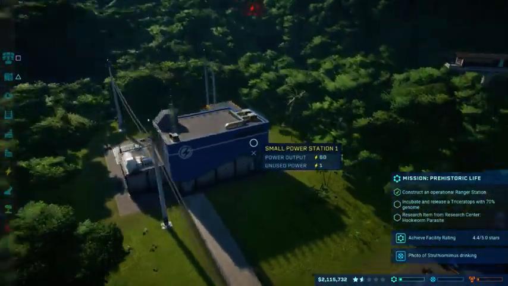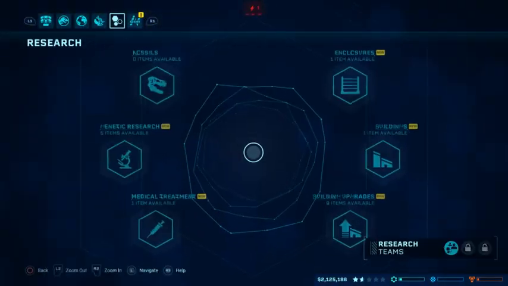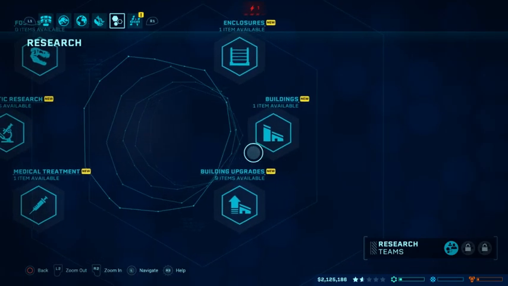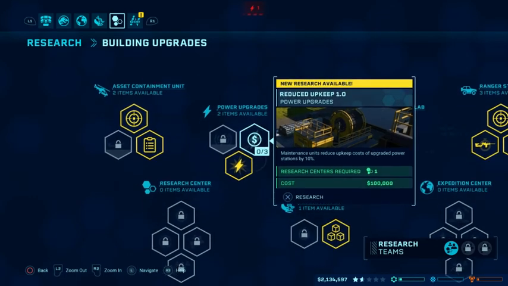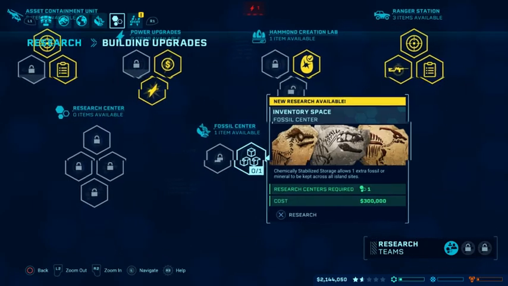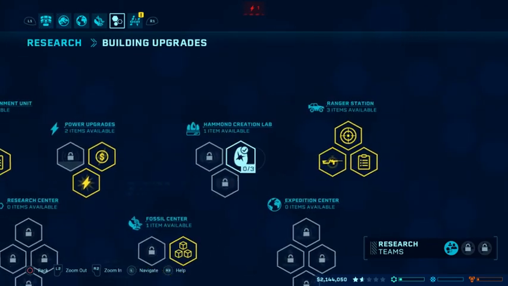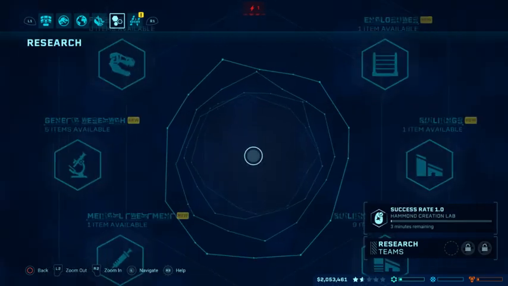power grid now. I think we have finished that, right? So I got one research team available. Let's look at some more building upgrades. Outage protection, fossil center. Ooh, creation lab. Success rate 100K. Let's do that. Save us from